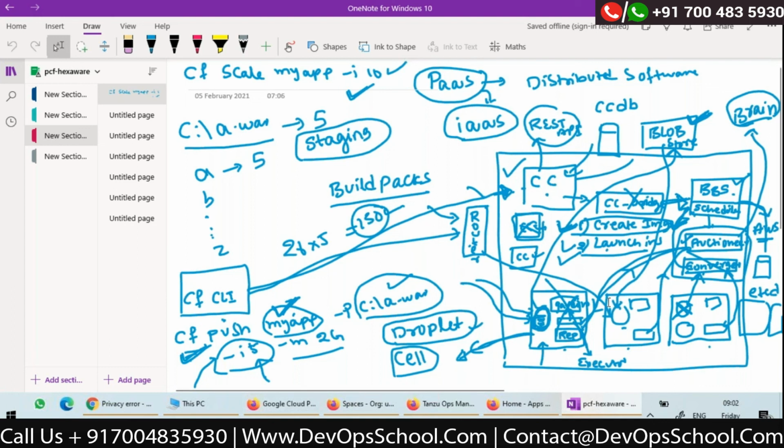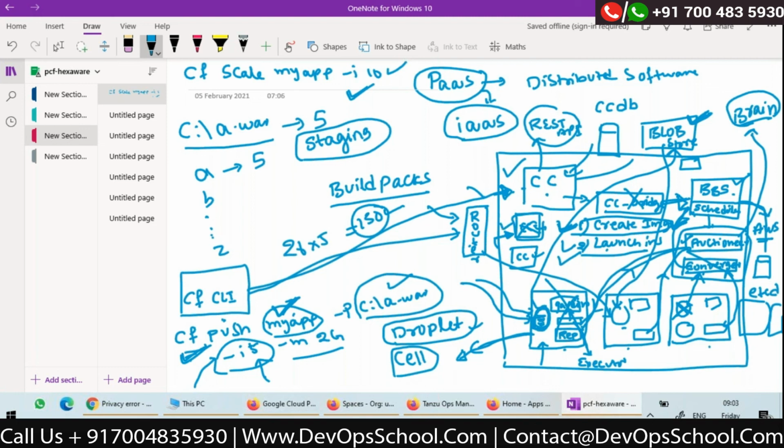Okay, very good. So basically, the information about organizations, spaces, everything will be inside CCDB. See, organizations are logical entities. There's nothing physical. We are just allocating logical quotas and all, right? So all the information, how many organizations there are, how many spaces, whatever users I created. Users I'll, of course, be creating on the UAA server, right? We'll discuss that. But all the information about organizations, quotas, spaces, everything will be in CCDB.